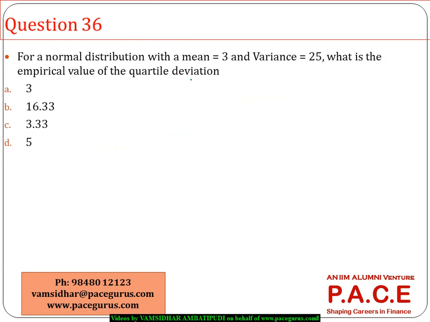For a normal distribution with a mean equal to 3 and variance equal to 5, what is the empirical value of the quartile deviation? Generally, the empirical value of the quartile deviation is always looked at as 2/3 of the standard deviation. That is the typical empirical value of the quartile deviation. So we can take variance as 25 and standard deviation will be 5. So 10 by 3, 3.33 will become the empirical value for the quartile deviation, which means I can mark C as the option choice here. Moving further,